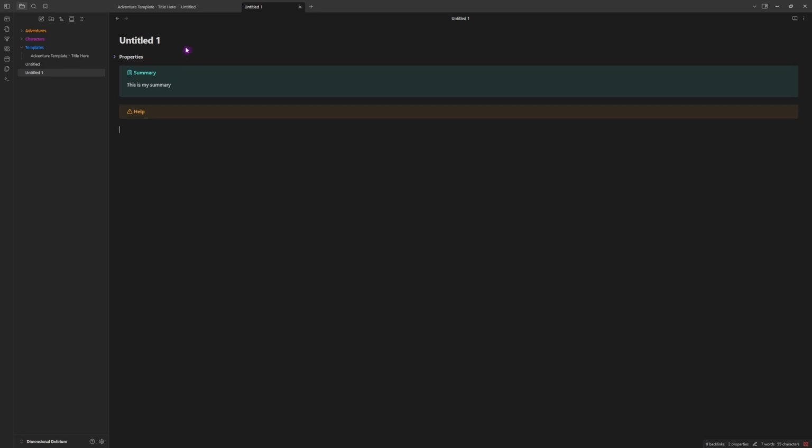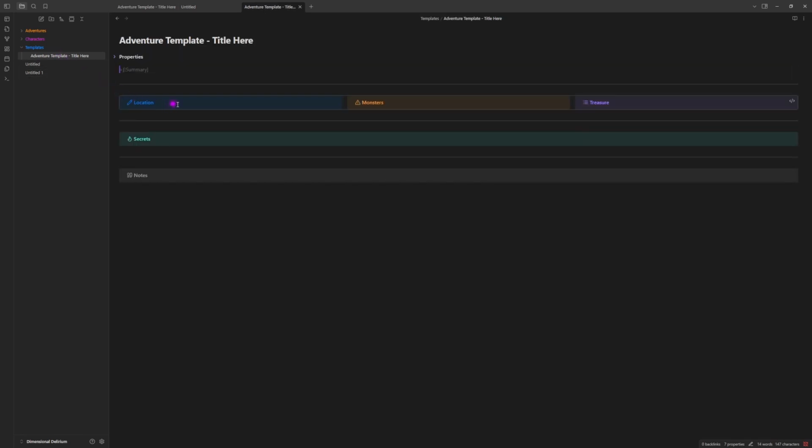And now I have two different zones, if you will, in my template. Now the thing I liked about what I did on Legend Keeper was that I had 3 columns. And that was easy in Legend Keeper. I just hit the slash, hit 3 columns, and it came up. Well, it doesn't quite work that way in